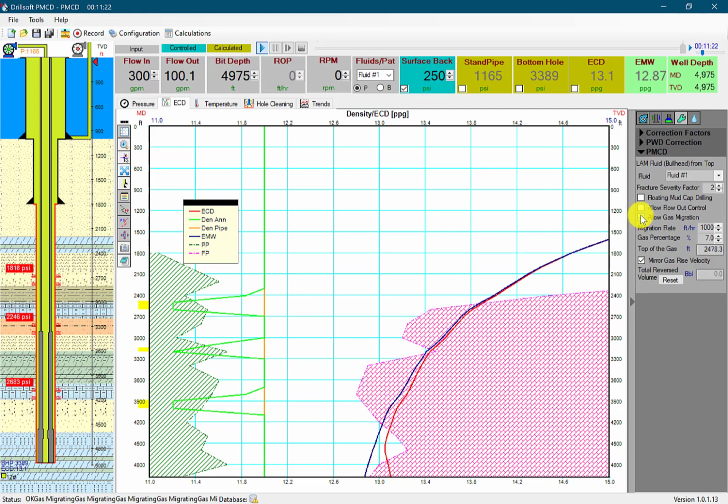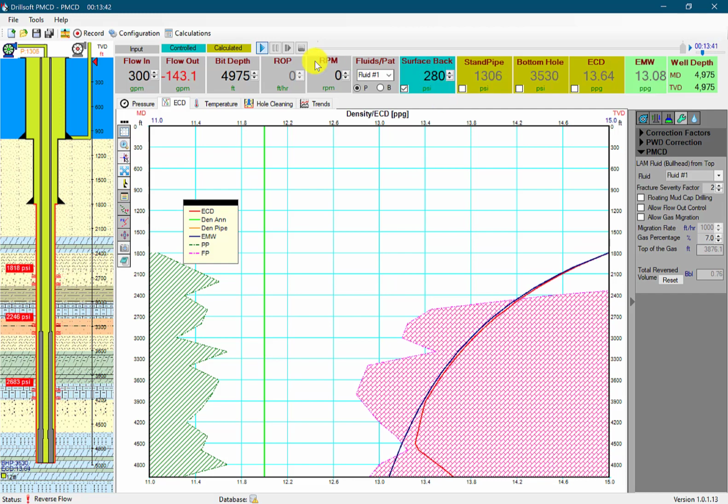And since we had gas migration, we allowed that. We had gas coming up, but for now let's deactivate that. Let's go up to 280. And now